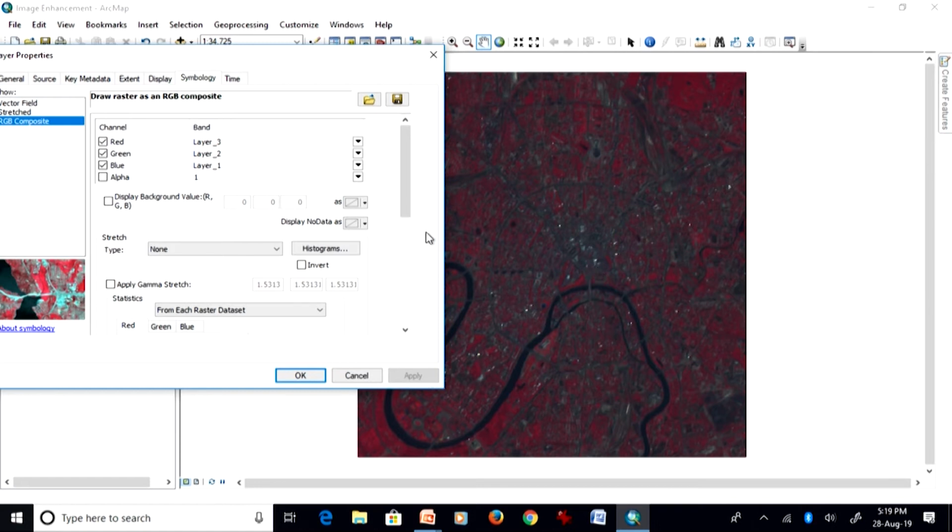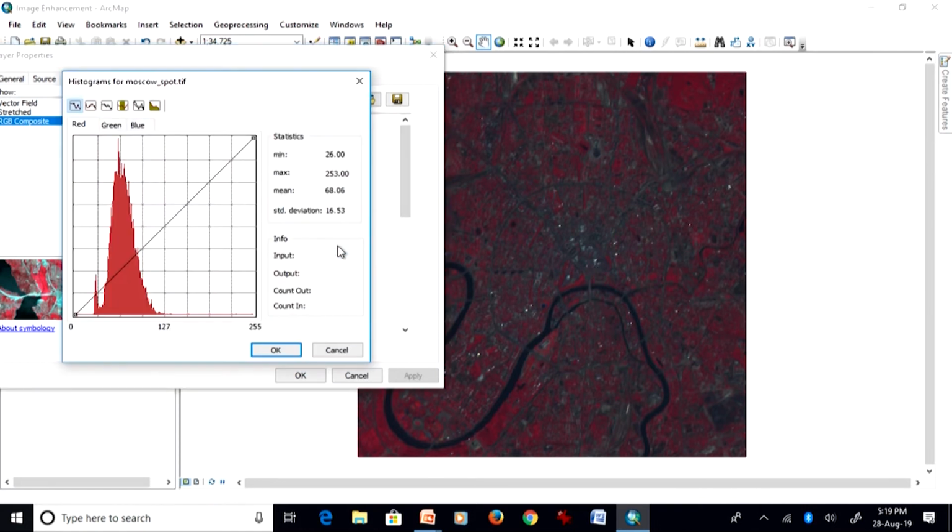And if you see the histogram, most of the values are within a range; the minimum value in this particular image is 26 and the maximum value is 253. But look at the frequency, the y axis: hardly a few values have 255 or 253. The rest are just in between.